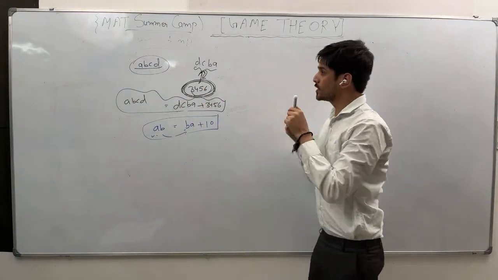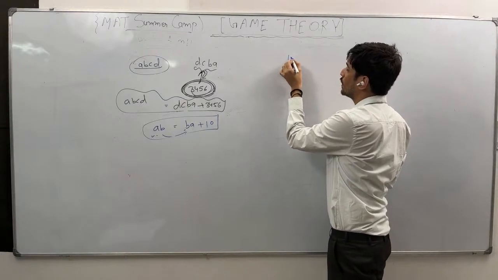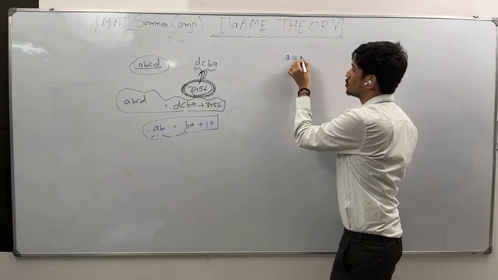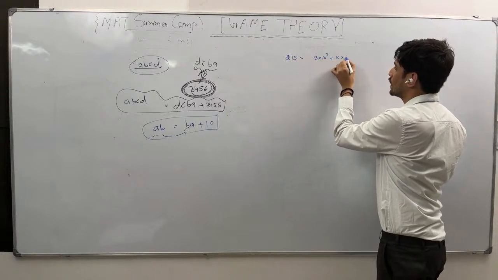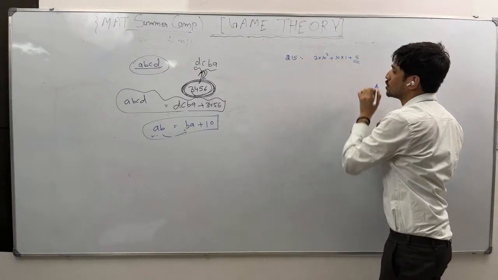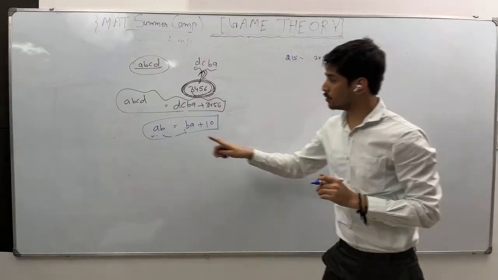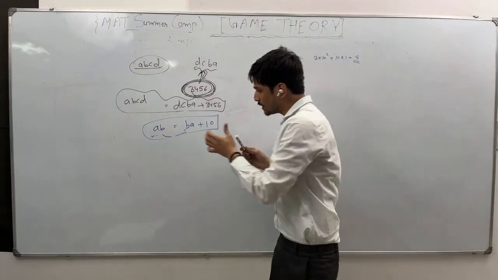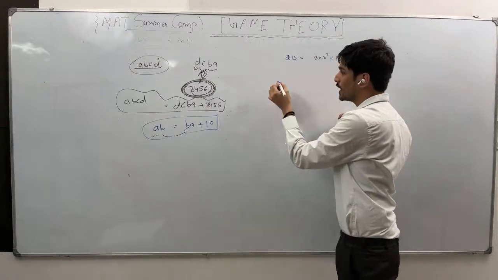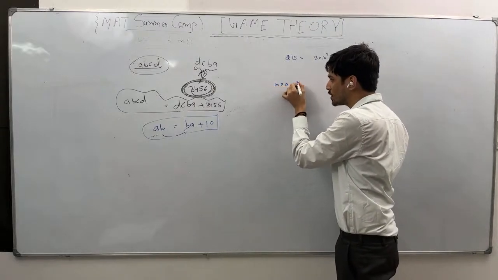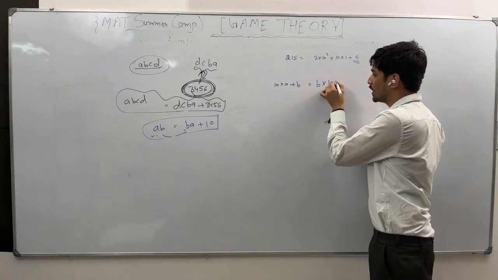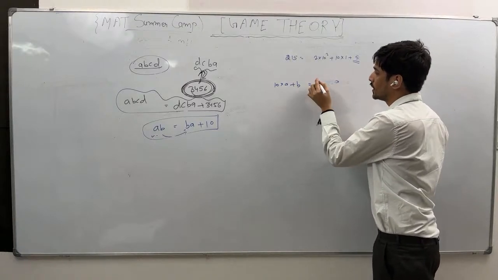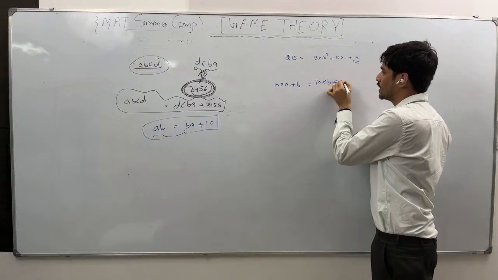Let's say I have any number, let's say 215. Can I write this number as 2 times 10 squared plus 1 times 10 plus 5? So first of all, I have to write this number in expanded form. AB, can I write it as 10 times A plus B? Clear? Similarly, BA, can I write it as, sorry, 10 times B plus A, and then I have 10.